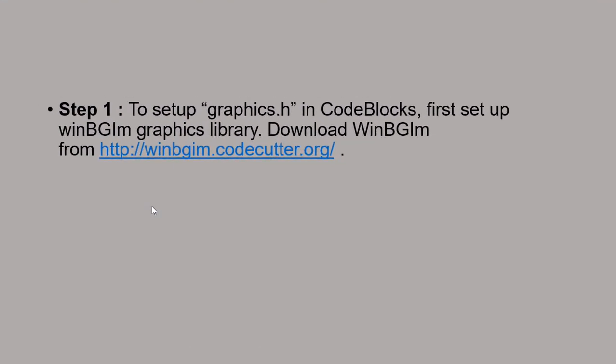After that, for setting up the graphics environment, we need a WinBGIM graphics library that has the graphics.h file, and that can be downloaded from winbgim.codecutter.org.